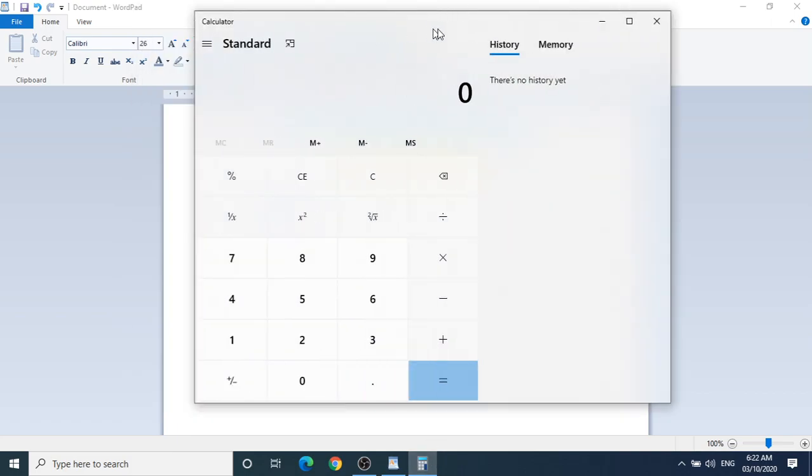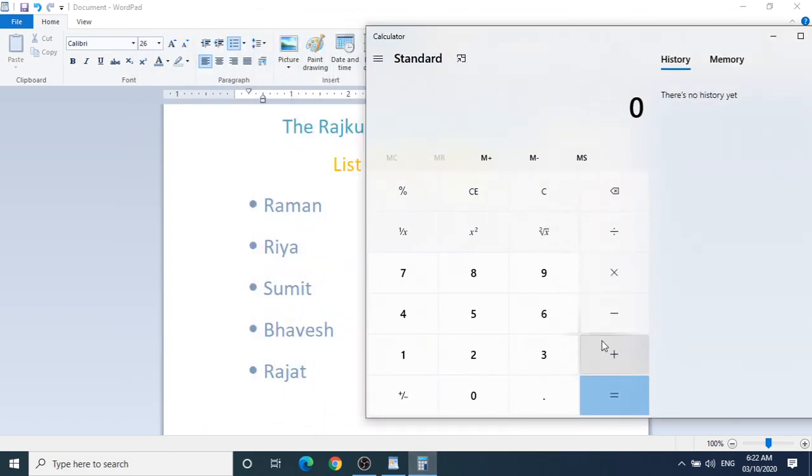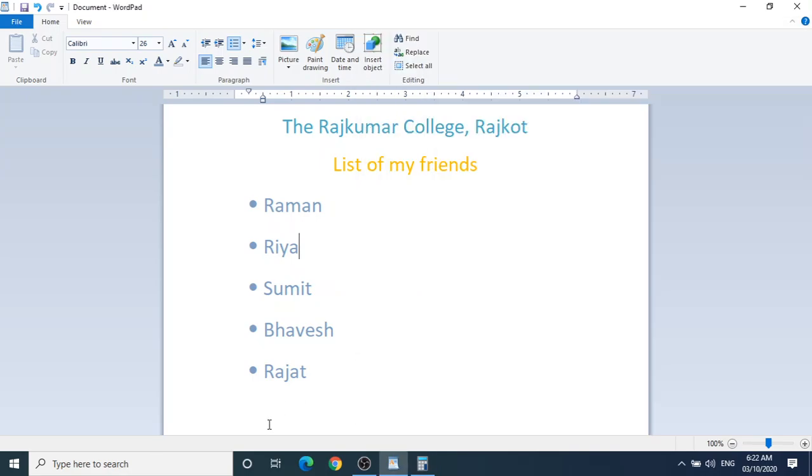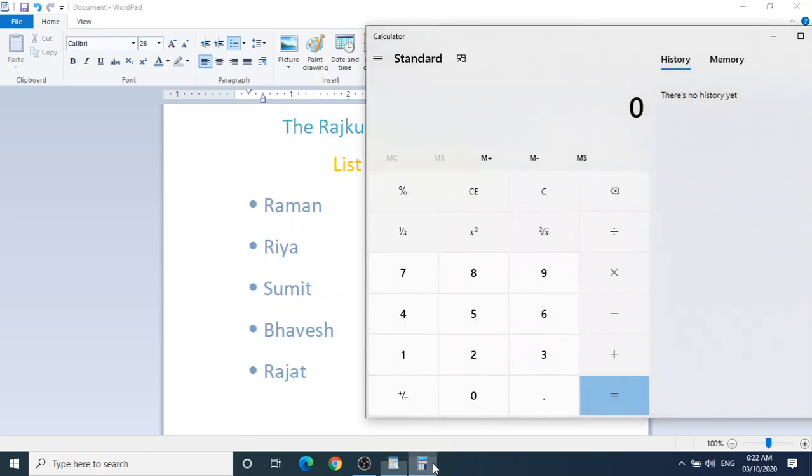Here this is the calculator. Multiplication and division sign you have to remember. Multiplication sign I'll show you in the WordPad. This is the multiplication sign and this is the division symbol. Okay, in computer. Others are like subtraction and addition symbol, right? Whenever you do one sum, after doing a sum you have to do C. Okay, so this is your calculator.